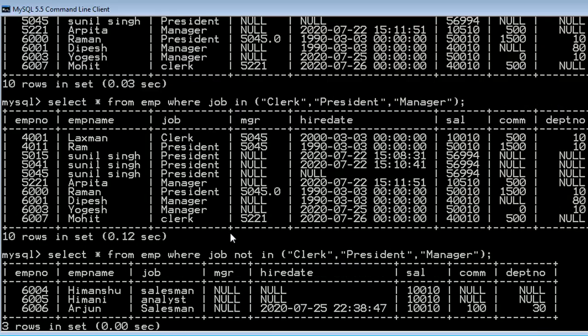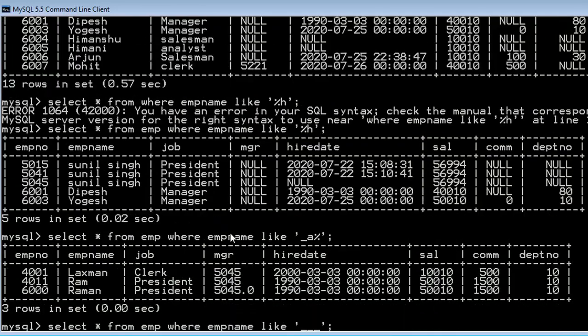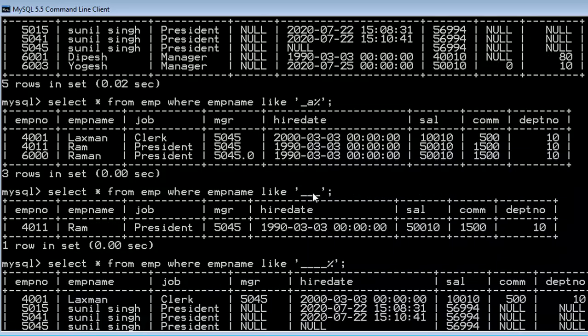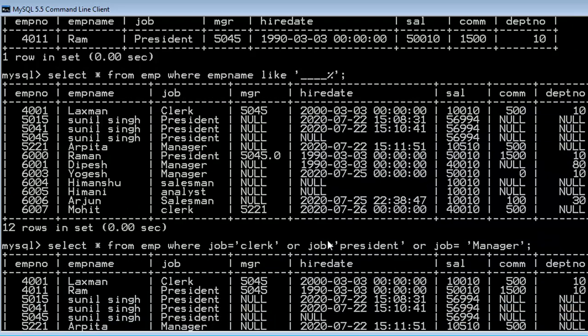Let us have a recap. First of all, we have learned the where clause which is used to search for a particular pattern. Here we have two types of wildcard characters. First is percent and the next is underscore. Percent replaces zero or multiple characters, while the underscore can replace only one single character. Okay, now here is the example where we have learned how to get a name with 3 characters, at least 4 characters, and then we have learned